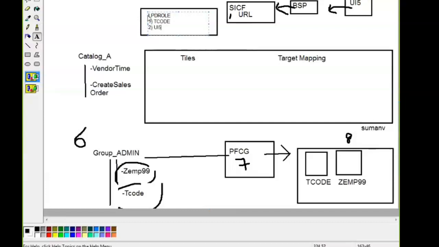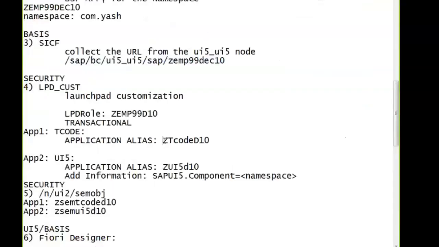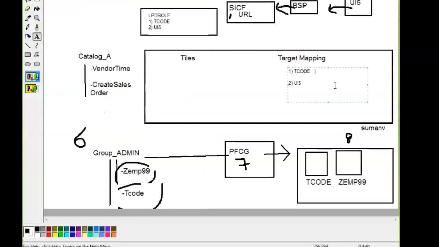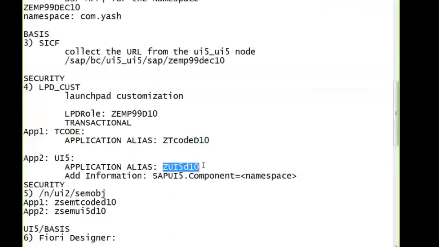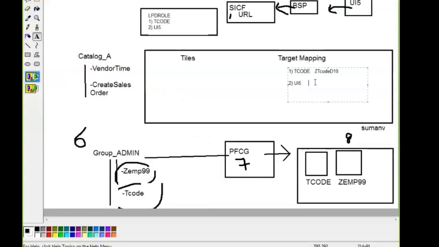Okay. Now, these target mappings, we are going to provide the applications along with the application aliases. So, for the T code, it is ZT code D10. For the UI5, it is ZUI5 D10. You can create n number of applications.